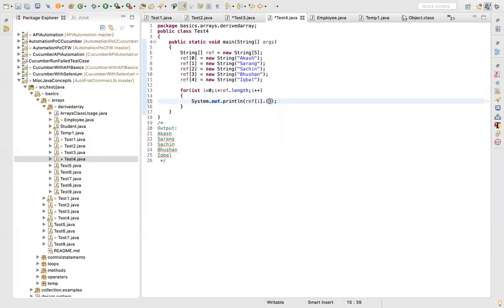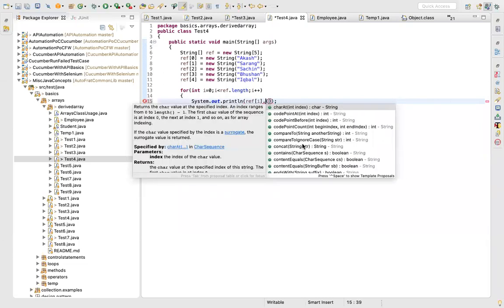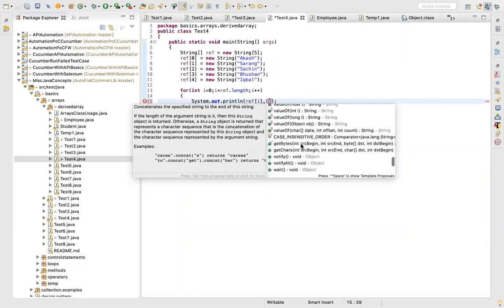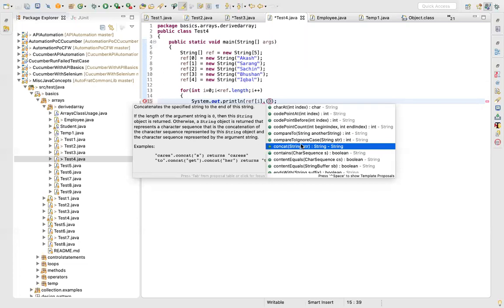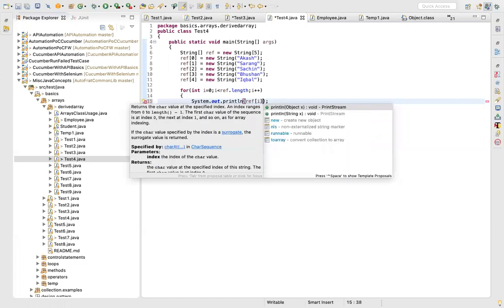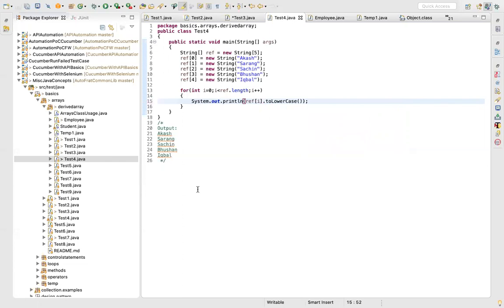If you want to print this in lowercase, I simply say toLowerCase. This is a string, so that's why I'm getting all the methods which deal with string manipulations, and all of this we'll work on maybe tomorrow. If not tomorrow, then maybe on Tuesday. String manipulation is very crucial for logic, because you have to deal with a lot of strings while you code, and because of that there are a lot of interview questions on strings to judge your logic. So if you want lowercase, do toLowerCase. It will convert everything to lowercase. Now the next one is